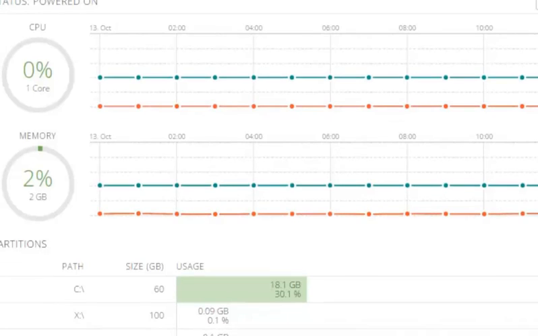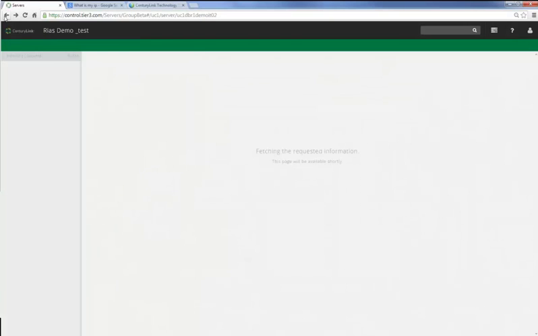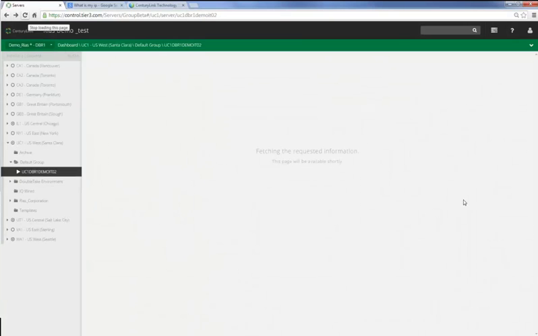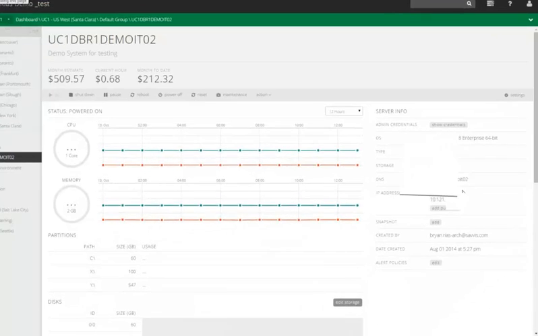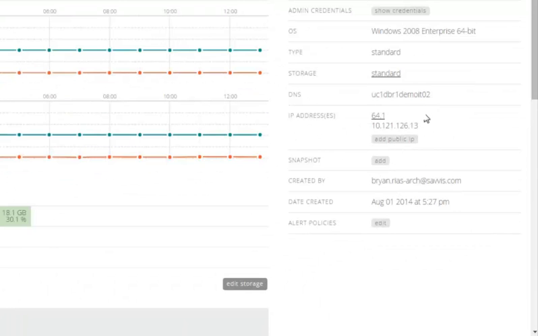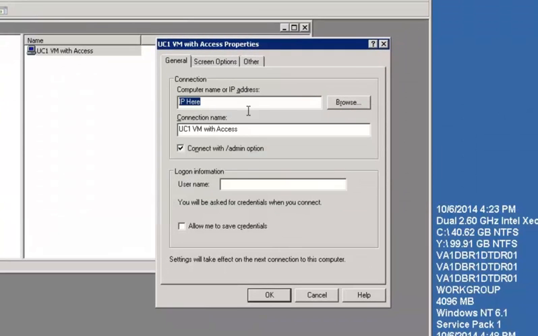It will drop up into a queue over here, and the job will get kicked off. I'm not going to watch it progress through its process. You'll see that it's a pretty quick process to actually implement the public IP address. I'll go ahead and capture this public IP, and I'm now going to implement that here